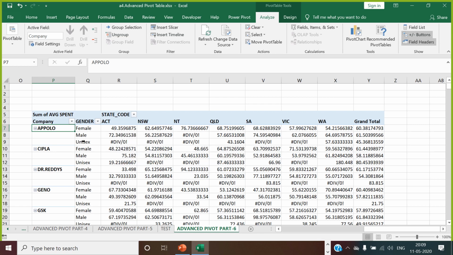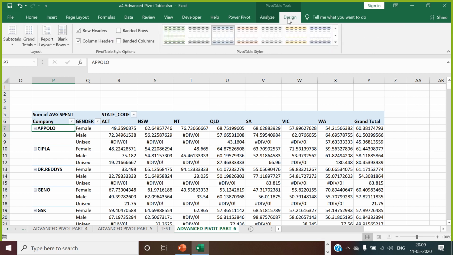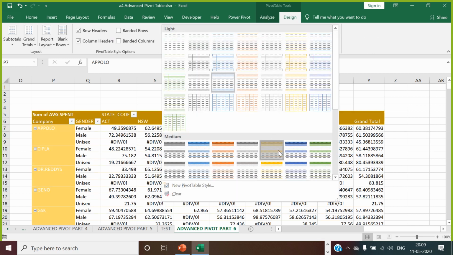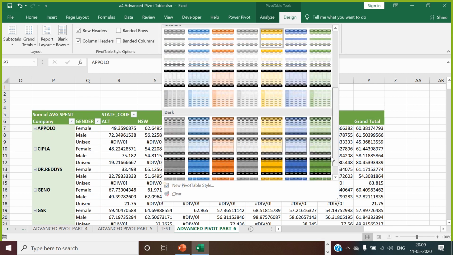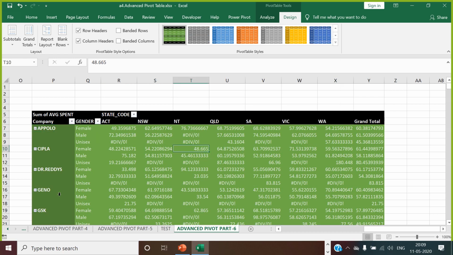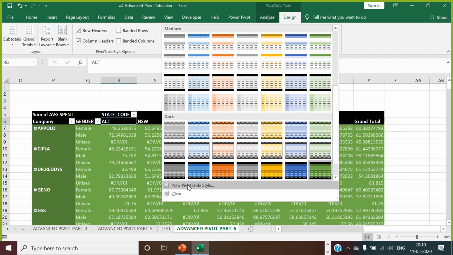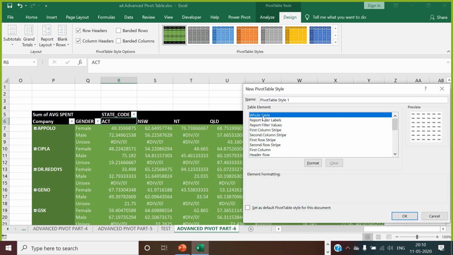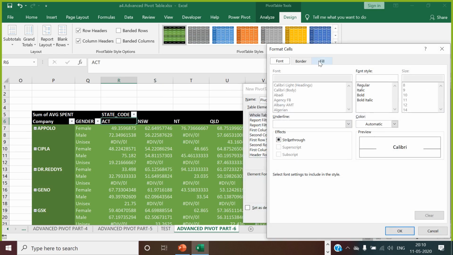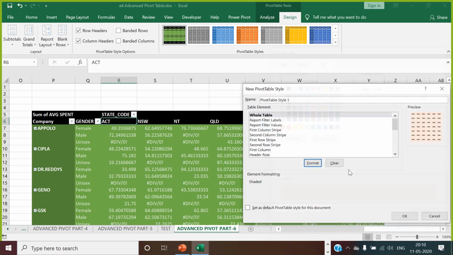What you see here is that in this pivot table, I want to make it a different color to present. What I'll do is I'll design. I can choose the color the way I want to present it. These are the colors which are there, or I can design my own background, font, everything I can change. How should you do that? Go to this Design style, go to New PivotTable Style, choose Whole Table. I want to make it a background color of this, right? Then